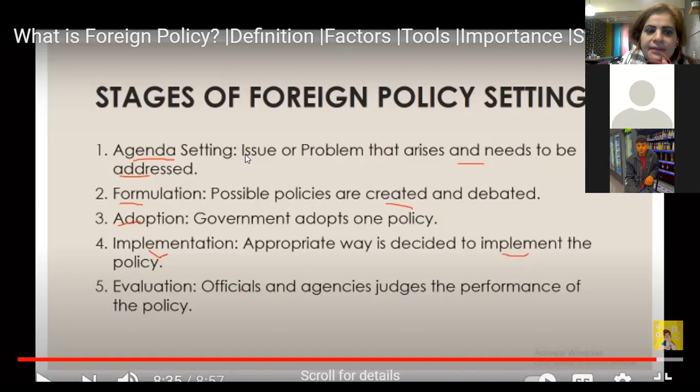Then the adoption is when the government adopts one policy. In that stage the government chooses one of the different ideas that they debated and discussed, and they adopt it. The next step is implementation. They implement this policy, the one they chose after a long debate and discussion, in an appropriate way. So, for example, they look at how they will implement it in Pakistan. This is the implementation stage. Then they evaluate. That's the last stage. The official agencies judge the performance of the